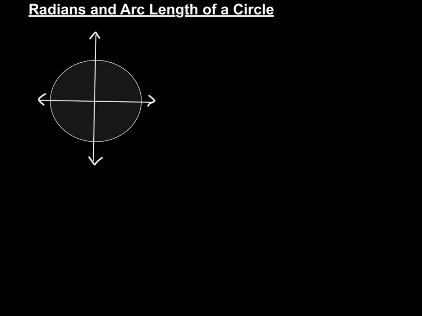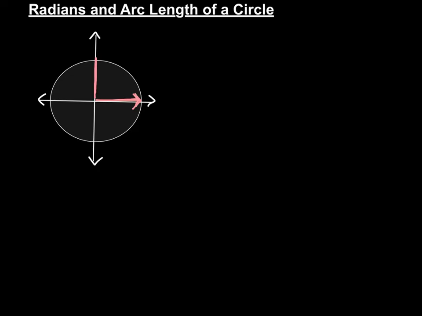Radians and arc length of a circle. Working on a coordinate plane, we've already seen where the angle measures add up to 360 degrees in a circle. Now we're going to talk about the radians on the coordinate plane. Just so that you understand, if an angle has an initial side,